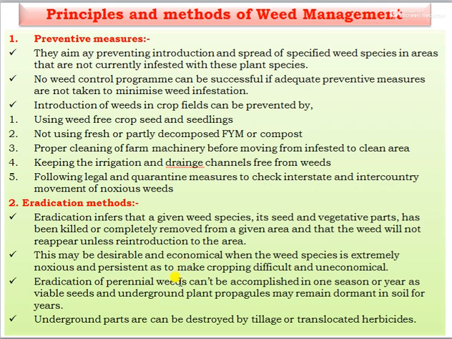Eradication of perennial weeds cannot be accomplished in one season or year, as viable seeds and underground plant parts or propagules may remain dormant in the soil for years. Underground plant parts can be destroyed by tillage or by translocated herbicides. These are the two major principles.